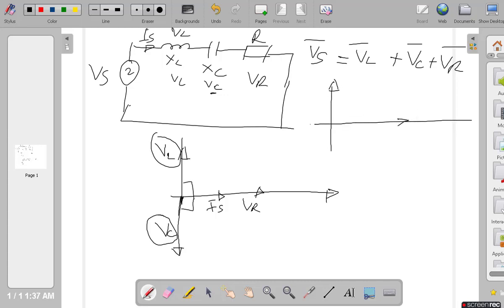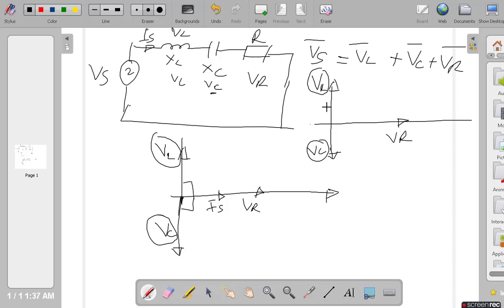So you and I now are convinced that this is where our VR lies. This is where our VL lies. And this is where our VC lies. How do we add things like this? The only way we can add here is to take into consideration the vectors. So you can see here, if the length of VL is greater than the length of VC,